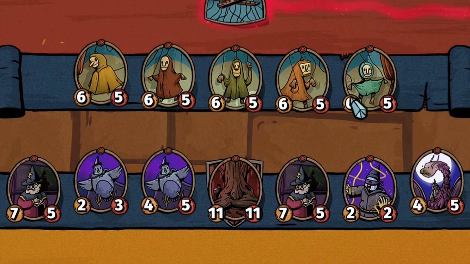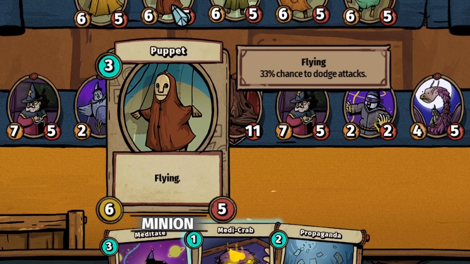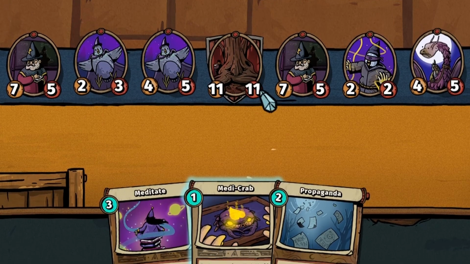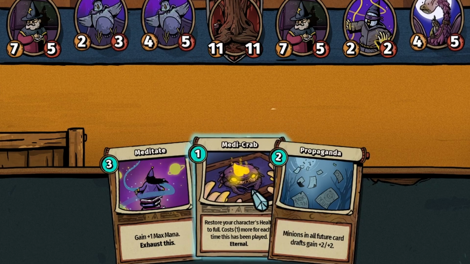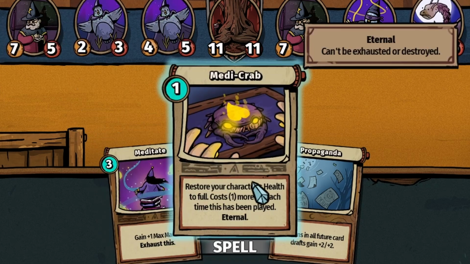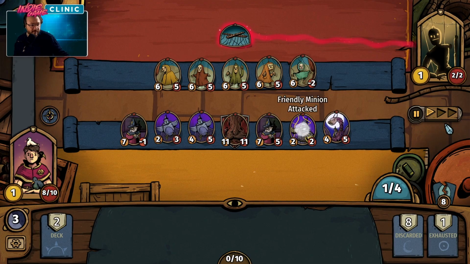So all these guys are going to rush to attack him. He's only actually going to survive 2 attacks from these guys because they have 6, so 2 of them attacking is going to do 12 damage. But I think that's a pretty good start. And I'm not going to use my Medicrab because it heals to full and I've only lost 2 health, so...